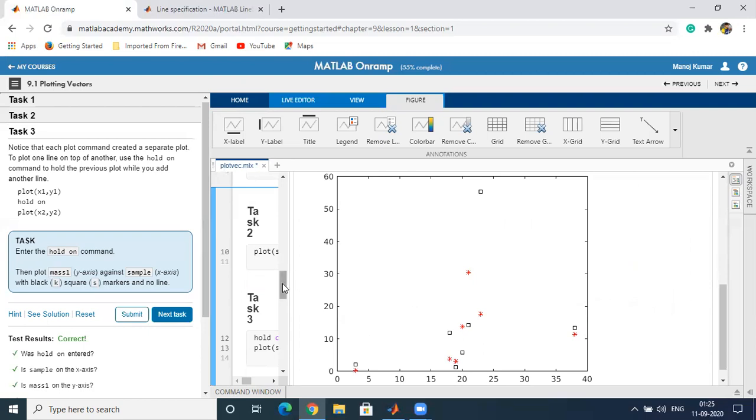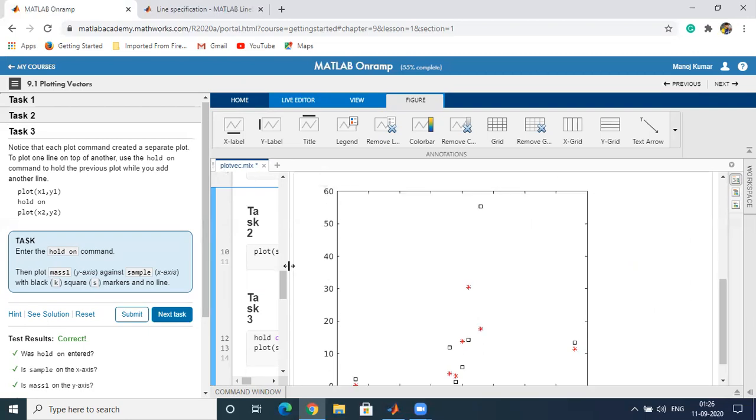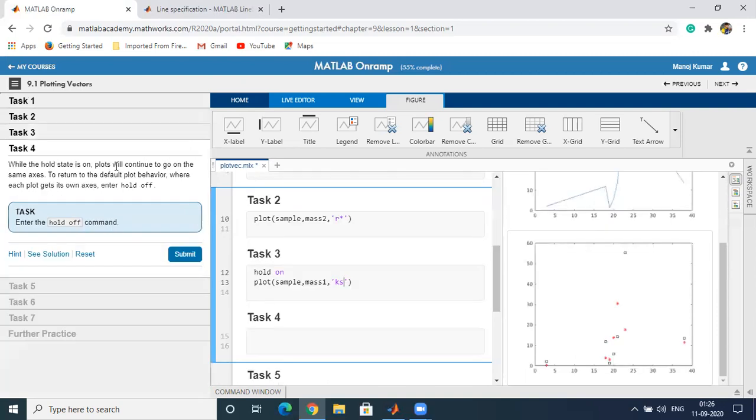If we don't want the third plot to be added to this one, then we use the command hold off. Let's resize it. Next task. While the hold status is on, plots will continue to go on the same axis.